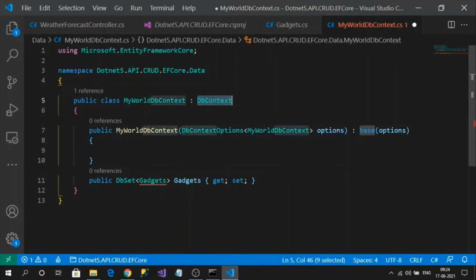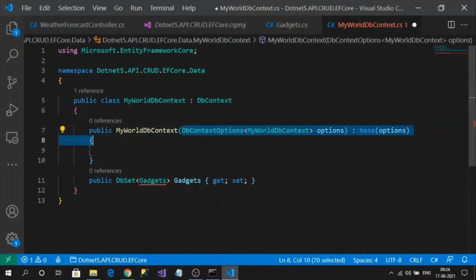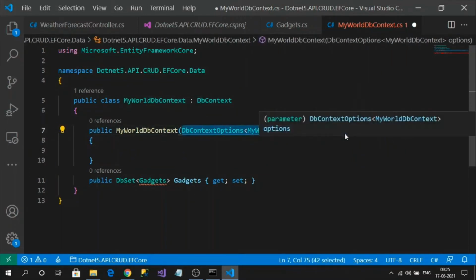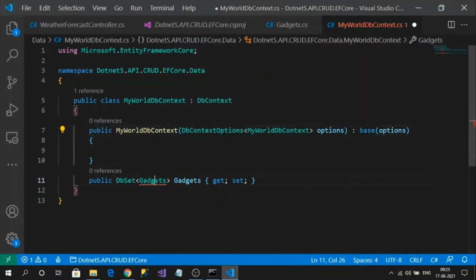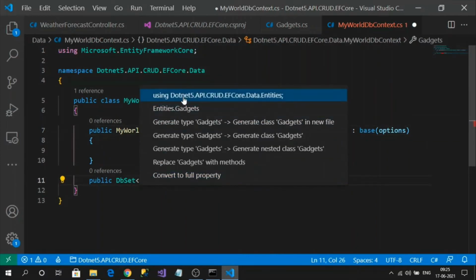So what will these options contain? These options will contain configuration settings like connection strings, etc. Okay, so these configurations will be explained in the next step, how they are going to be read by the framework. So let's import the namespace for our class.